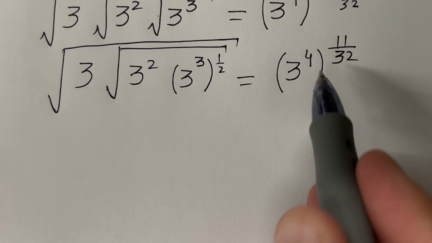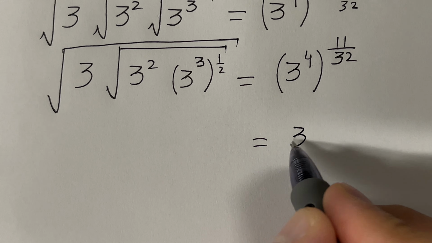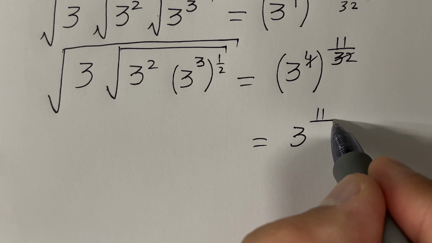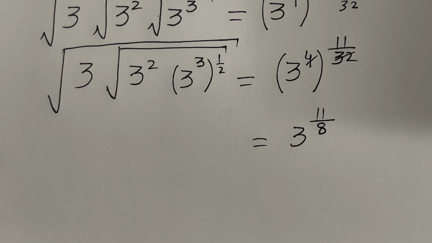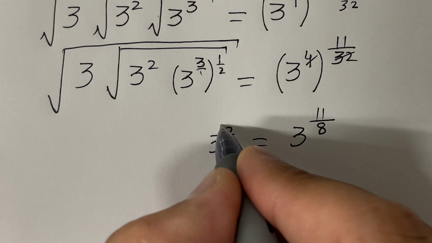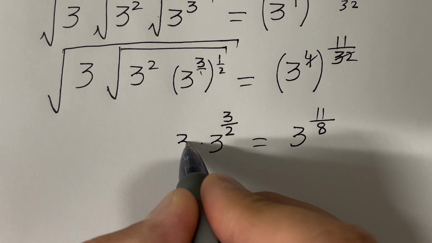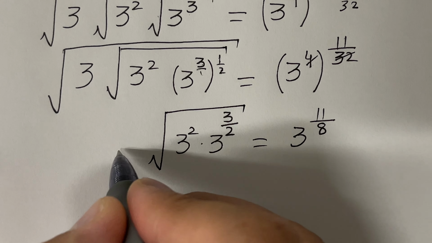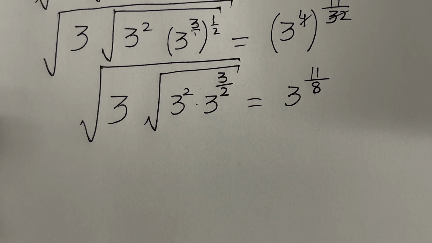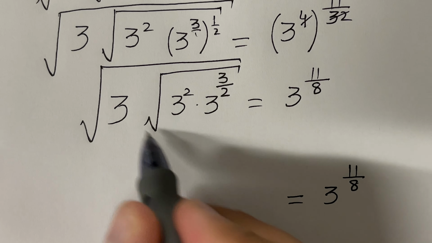Fine. And now again, just like before, we can just multiply the exponents, so that will be 3 raised to the power, if you multiply the exponents, 11 divided by 8. On the left hand side you have to multiply the exponents. 3 times 1 is just 3, 2 times 1 is 2, so the exponent is 3 raised to the power 3 over 2, times we have 3 squared inside the square root, and then we have 3 inside the square root. Okay, now we are not doing anything really on the right hand side,